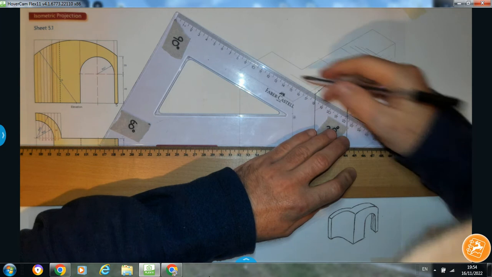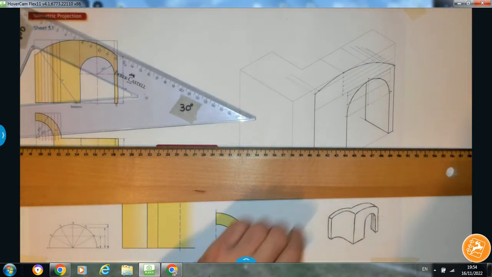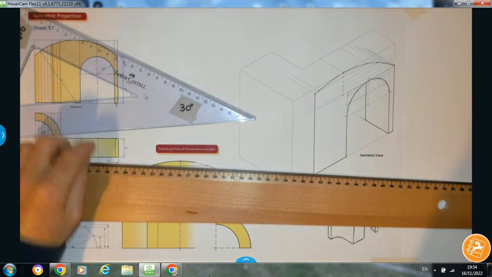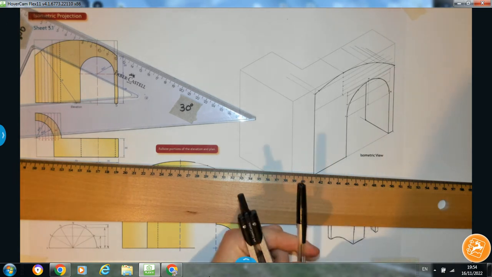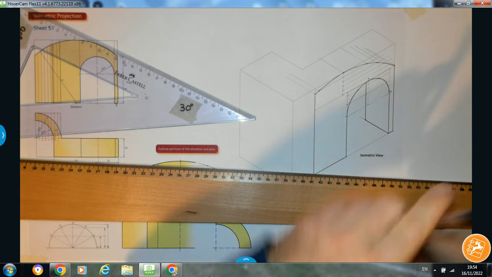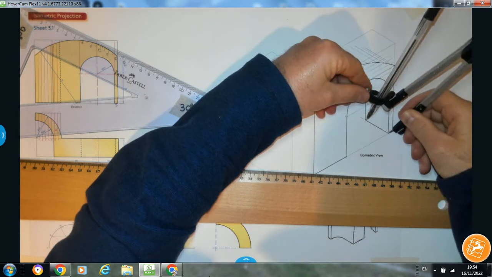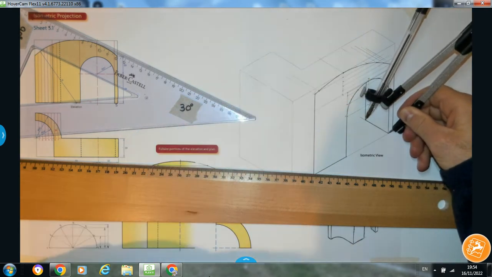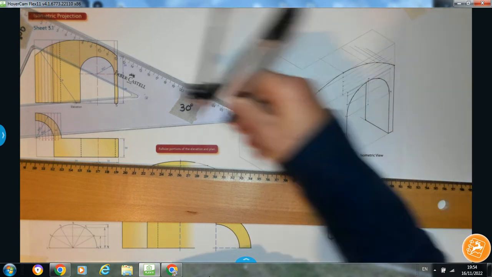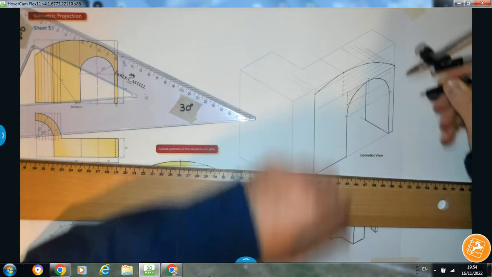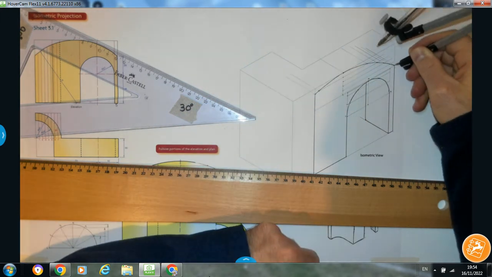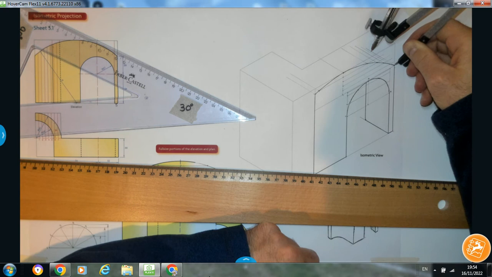And the same for this one. Okay, every one of them, like this one here, will go back 30 millimeters. So rather than measuring with my set square every time, I'm going to take the distance of 30, which I've previously measured here, like that. Okay, I can do it on the set square if I want. I'm just going to take it from here, and from every one of these points, I'm going to mark it off. So there,